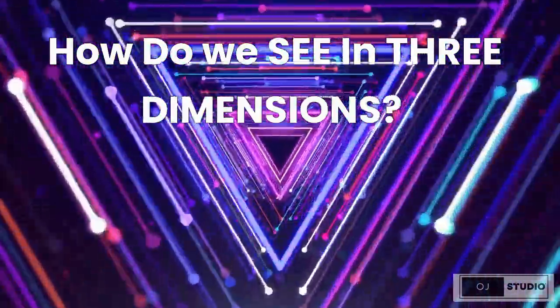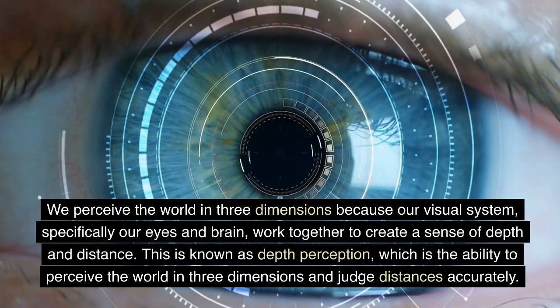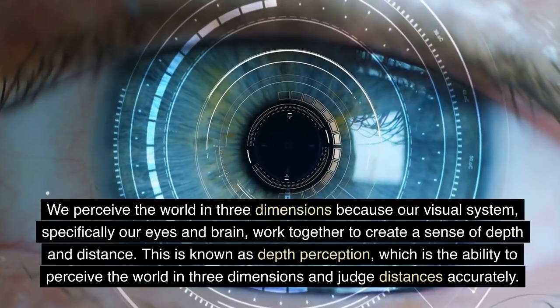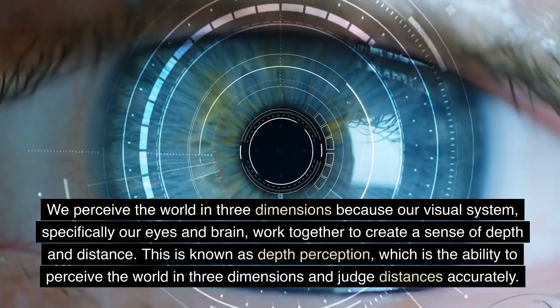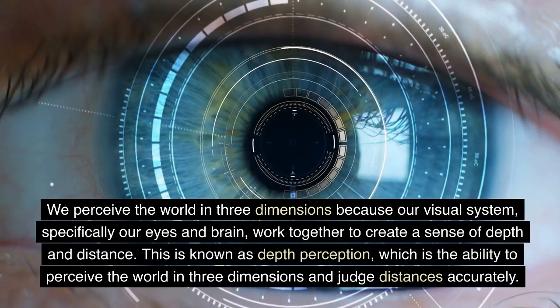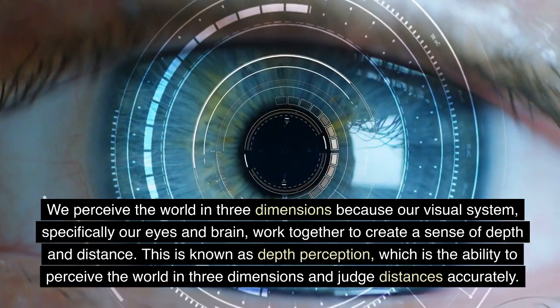How do we see in 3 dimensions? We perceive the world in 3 dimensions because our visual system, specifically our eyes and brain, work together to create a sense of depth and distance. This is known as depth perception, which is the ability to perceive the world in 3 dimensions and judge distances